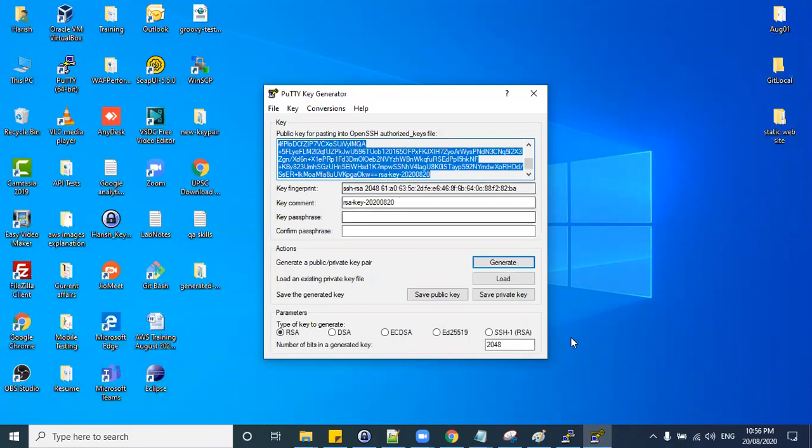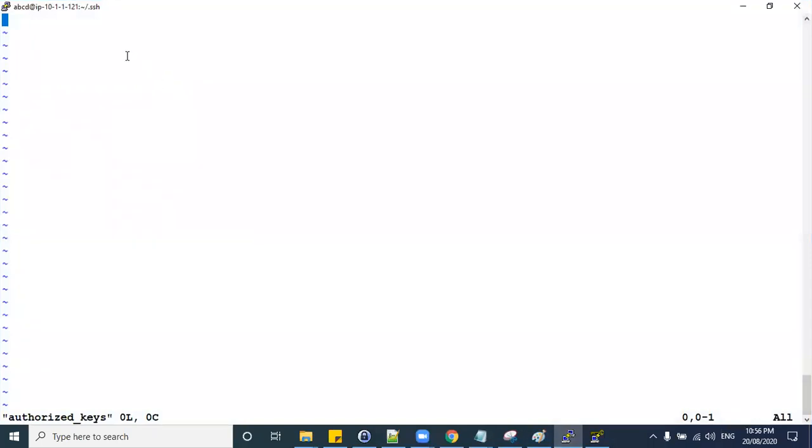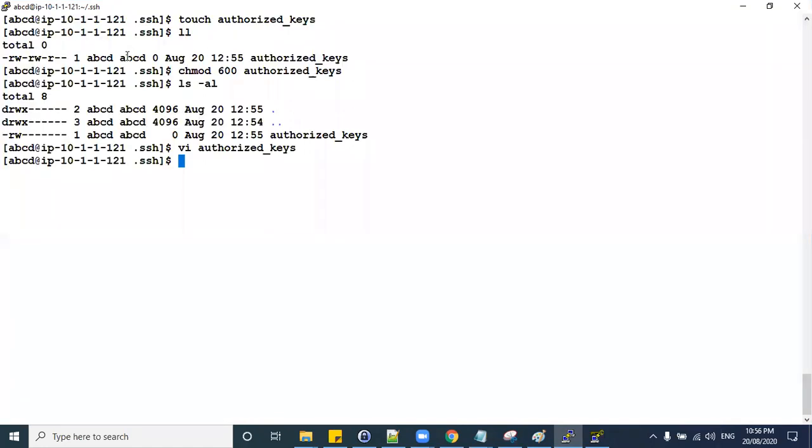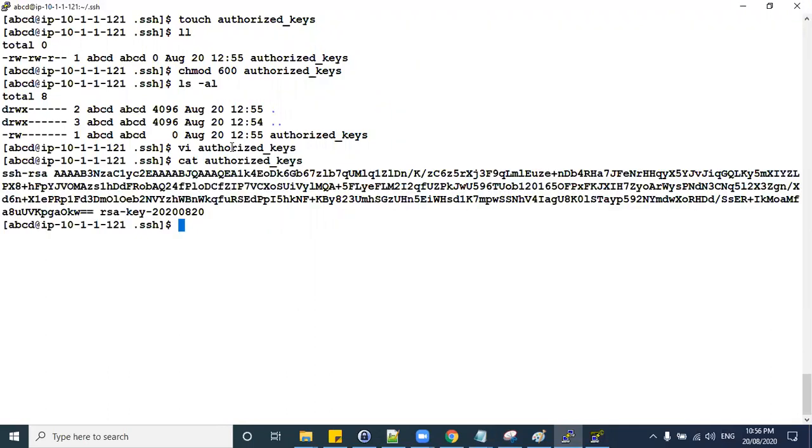Let me copy this public key, go to your Linux machine and paste here. Write, quit. So after writing authorized_keys, let's check whether it is there or not first. Yes, authorized_keys is there.